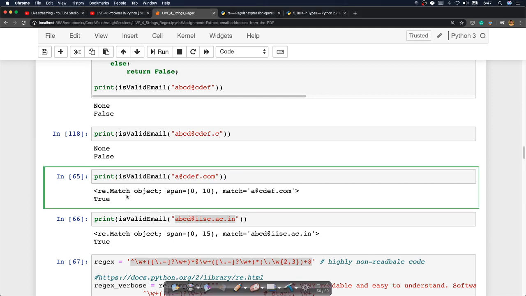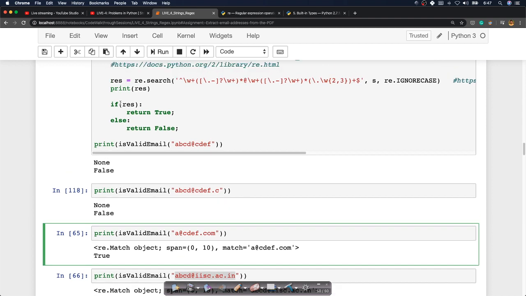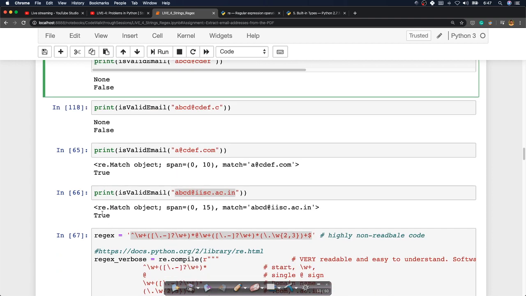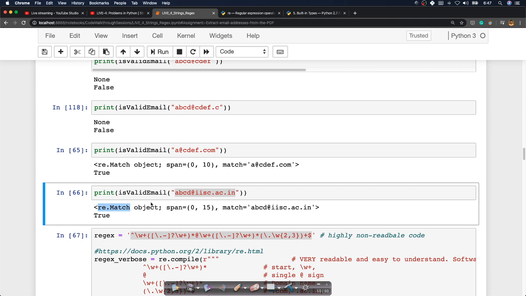And also, look at this. I'm also printing res in my code. As usual, I always print the outputs of functions to understand what is happening. And this says this is a re.match object. We talked about what is a class, what is an object, right? So if you want to understand more about it,